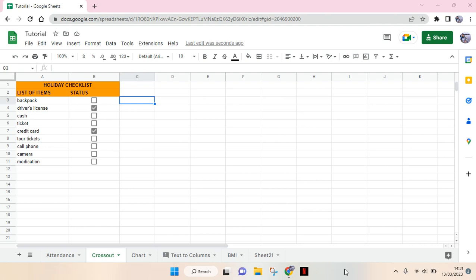So on today's tutorial, I'm going to show you how you can create options in Google Sheets. You can create options in a cell by using the drop-down feature, and this one is pretty easy. If you want to make a drop-down, you just need to go to the cells that you want